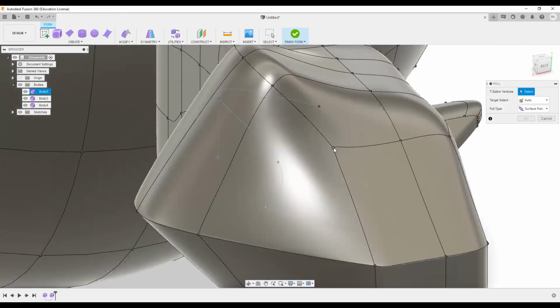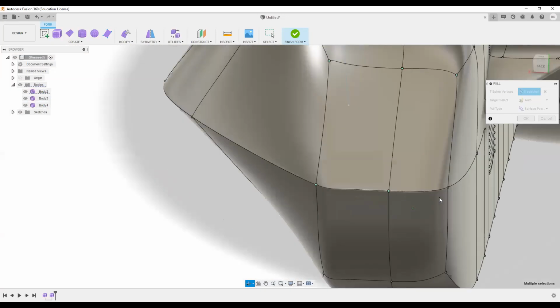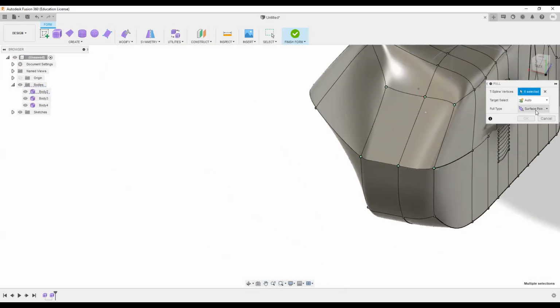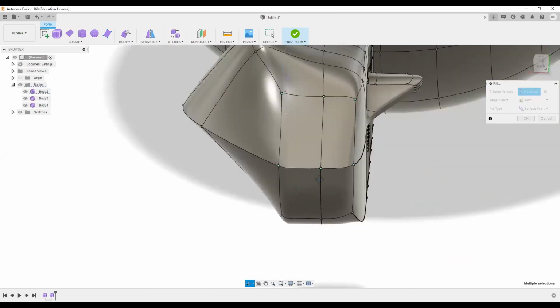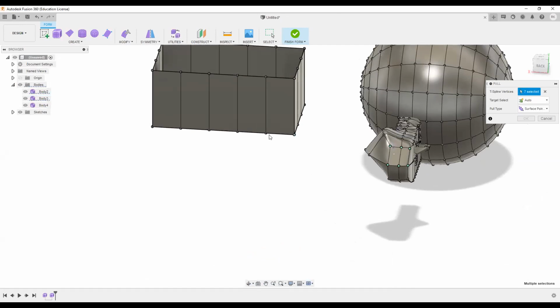So we have to first select the vertices. We cannot do this on this particular example.